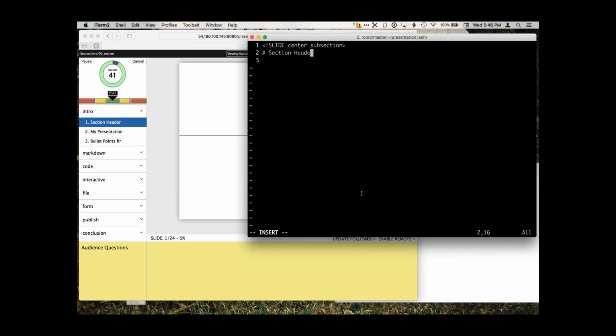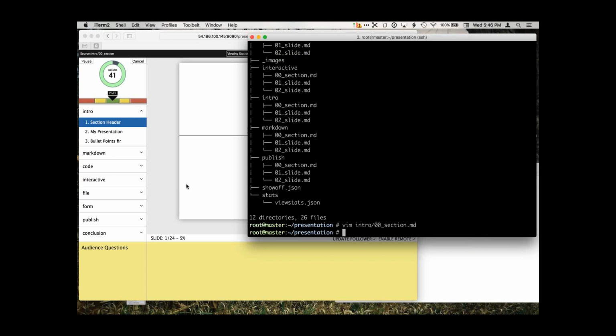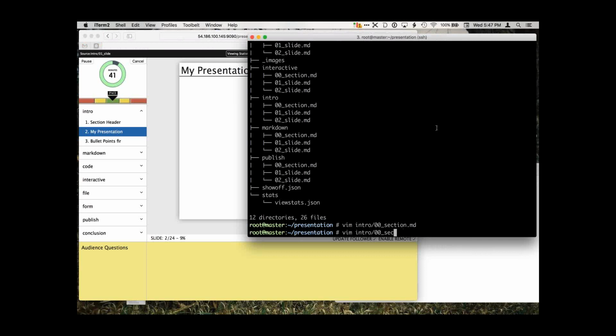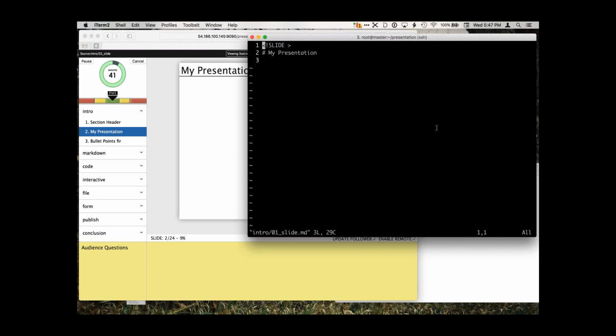That's pretty boring, so let's call it show off. Let's say using show off, and I'll save that. Now you see 01 slide. I'm not going to do this for every single slide. I'm just showing you how the numbers change. Now here's another one.